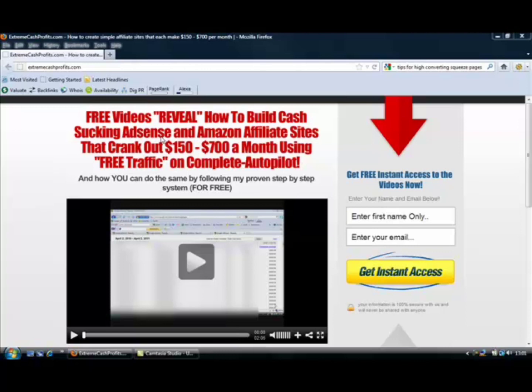So the first tip is to use power words in your headlines. This is imperative that you do this, because without power words your headline won't look very exciting, and it's not going to pull people in, and people aren't going to want to stay. It's just a fact. Okay, headlines need to pull people in,